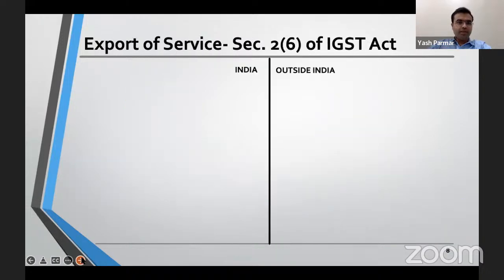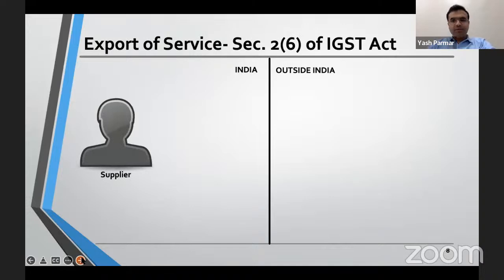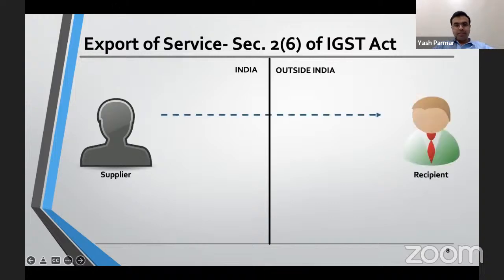But section 13 can be referred only when either of the parties, that is supplier or recipient, is located outside India. Now, before going into section 13, which deals with place of supply provisions, let us quickly touch upon the definition of export and import of services. First, we will deal with the definition of export of services, and it is defined in section 2, subsection 6 of IGST Act. Now, it is defined as export of services means the supply of any service when the supplier of service is located in India, the recipient of service is located outside India,